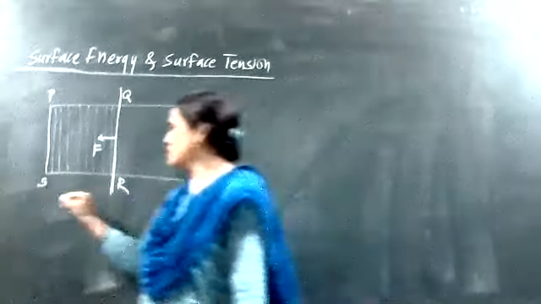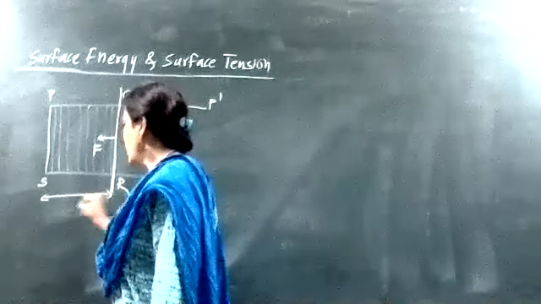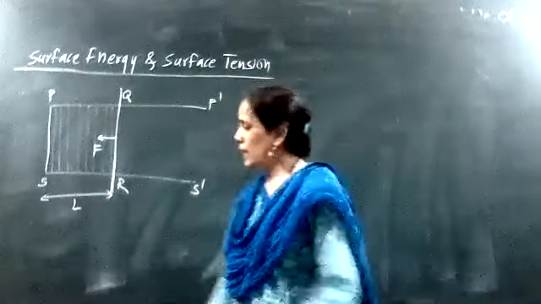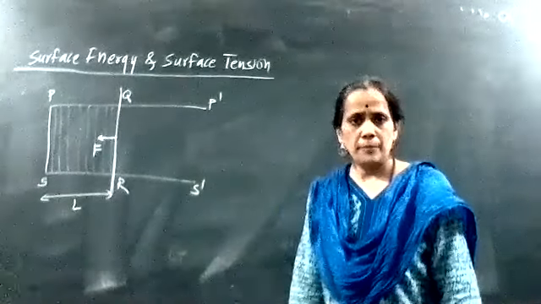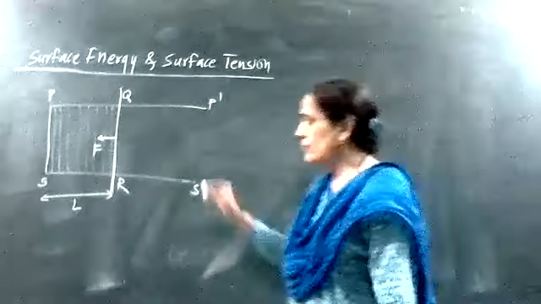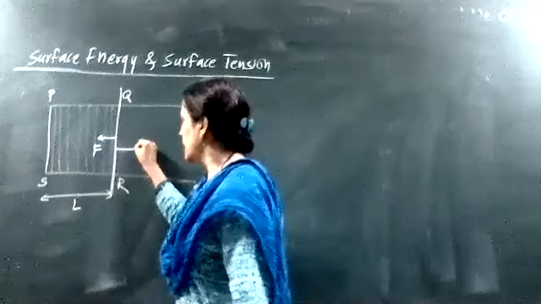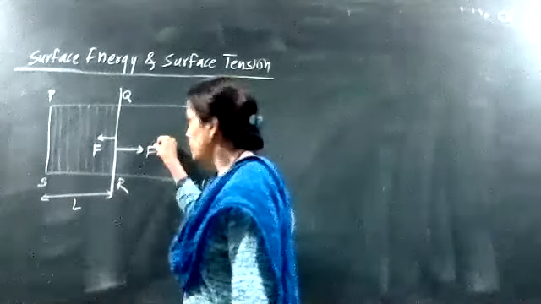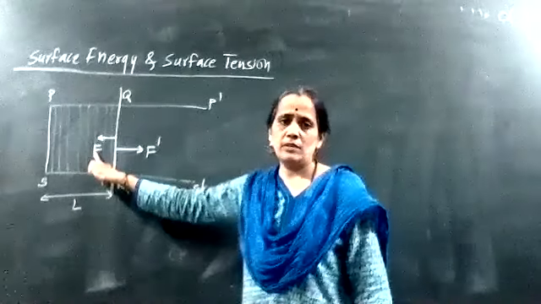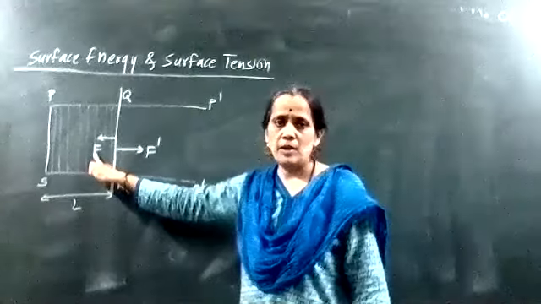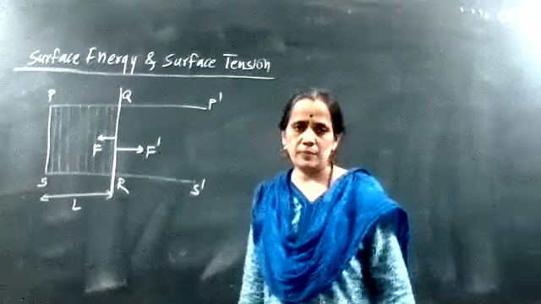Right? Now this is nothing but your length L, SR is the length of that rectangular frame. Is it right? Now, if I apply a mechanical force F', which is equal in magnitude to F but opposite in direction,